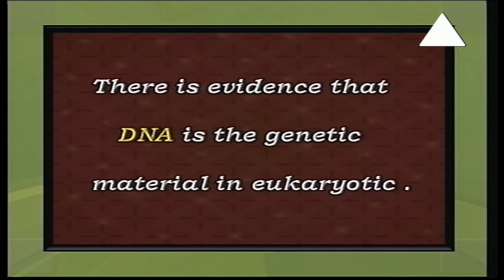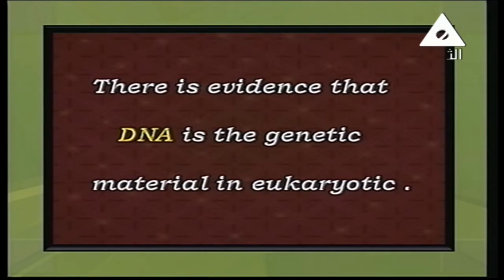Actually, there is evidence that DNA is the genetic material in eukaryotes. What does eukaryotic mean? Actually, we have two types of nuclei, the plural of nucleus. How many types do we have? Two. We have some living organisms that have a nucleus surrounded by a nuclear membrane. If the living organism has nuclei inside its body surrounded by a nuclear membrane, we call it